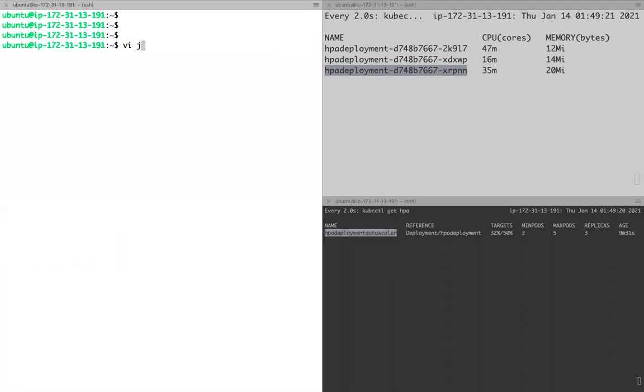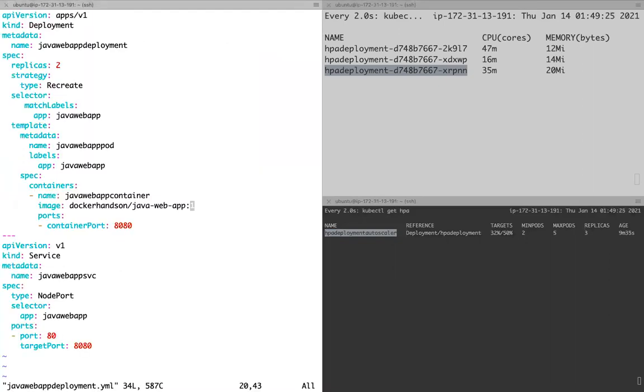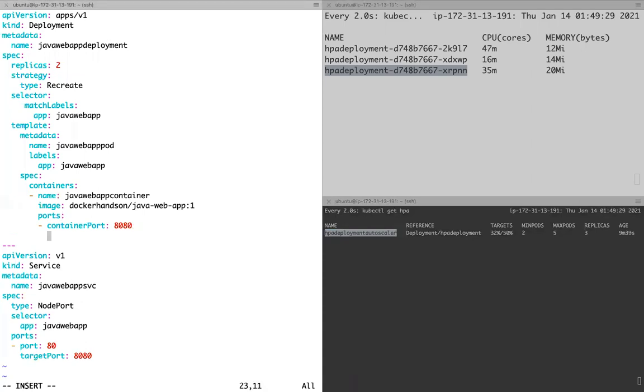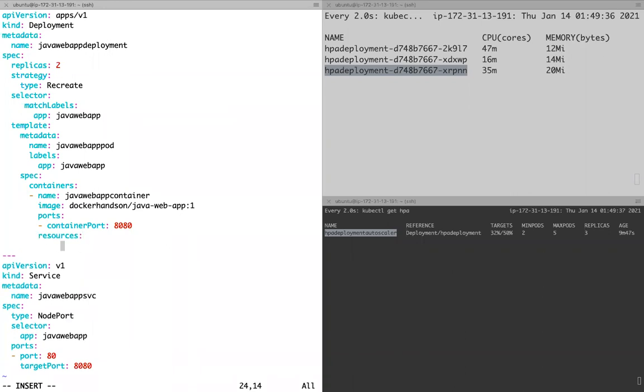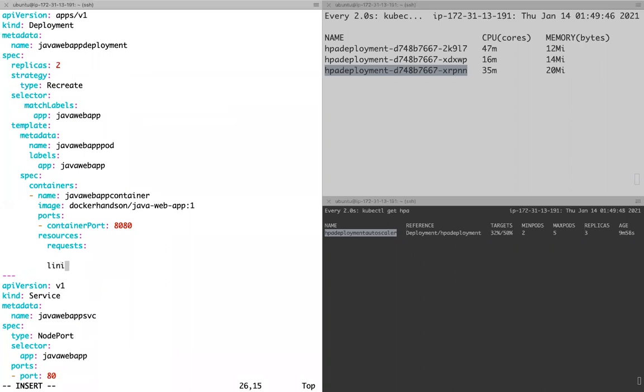Now suppose you want to limit, guys, for this application you can also define the resources, something like this. Resources will have two things, guys. This is very important. In interviews they will ask what is resource request and what are resource limits in Kubernetes.